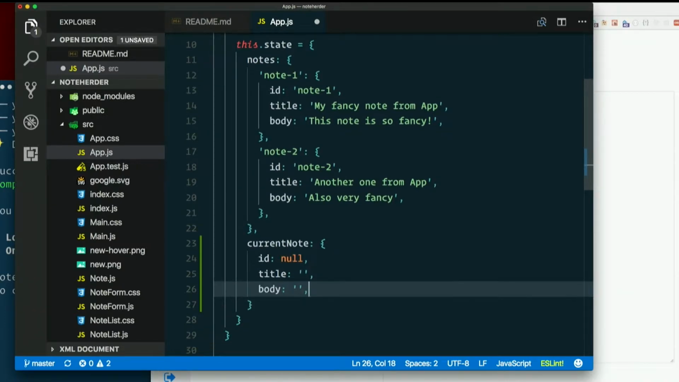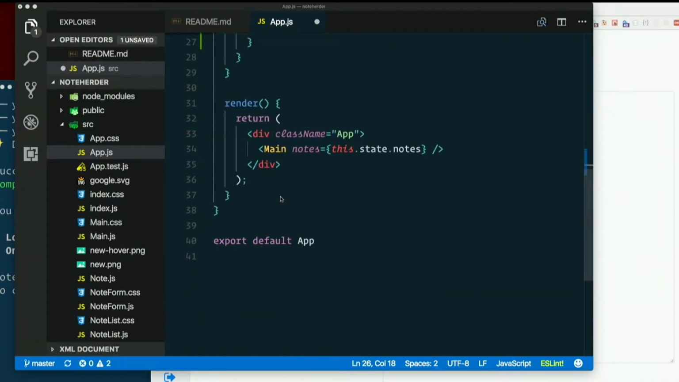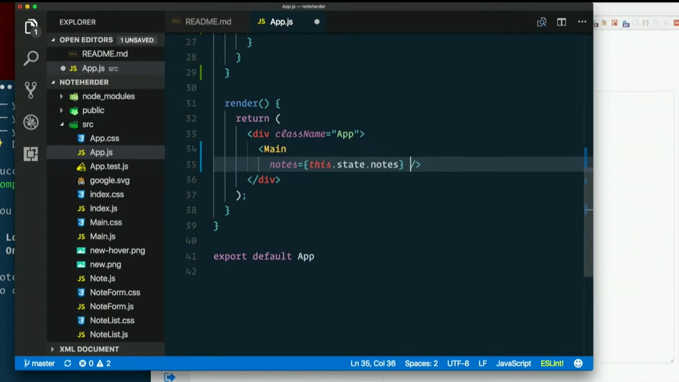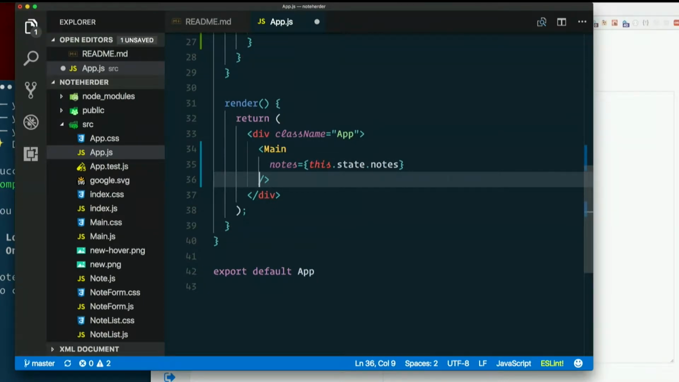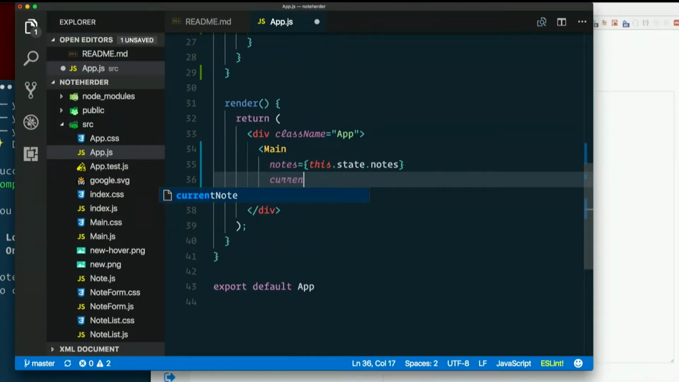We want to pass that down all the way to the note form component. In between the two, there is main. So to get it from here to there, that's what we're going to have to do. Here we go. Here's main. We're passing down one prop already, and that is notes, the list of all of them. And let's just add current note,